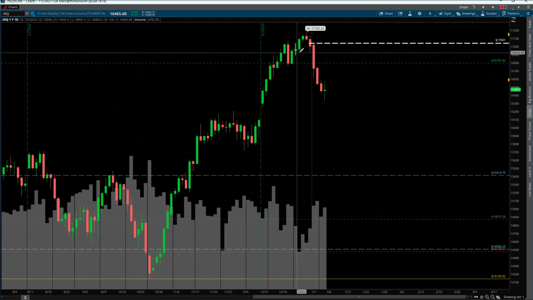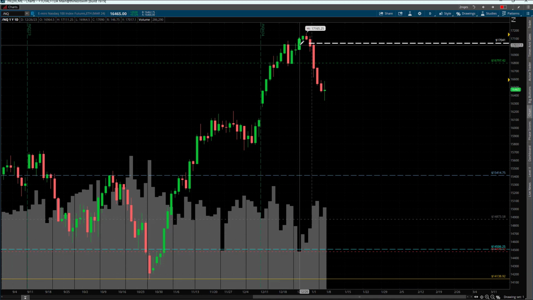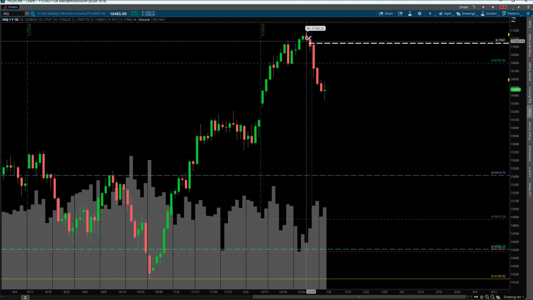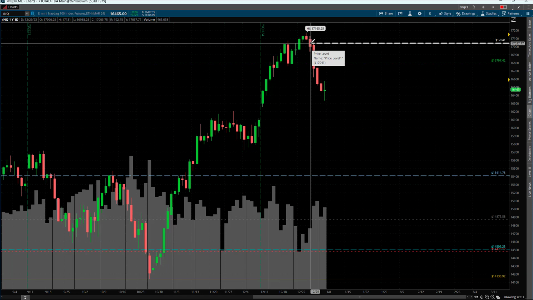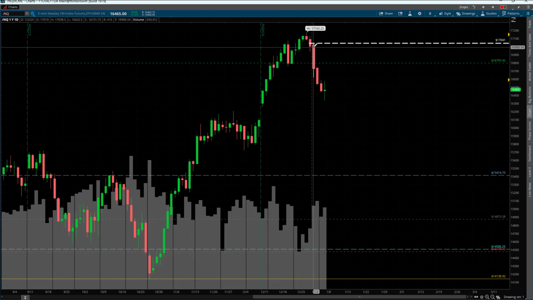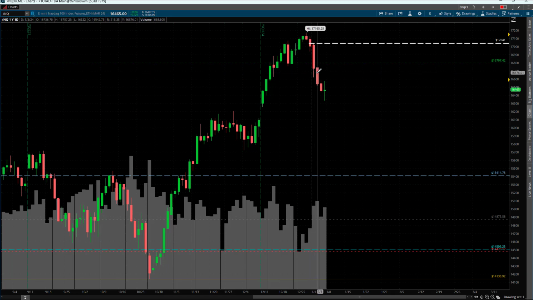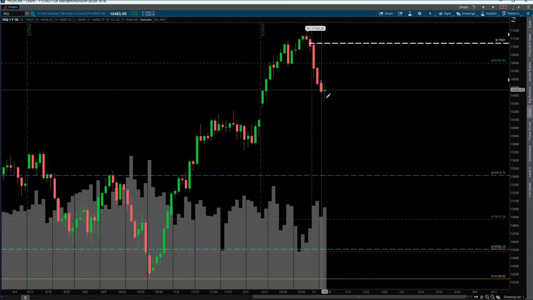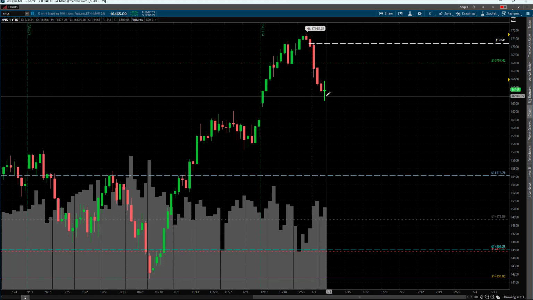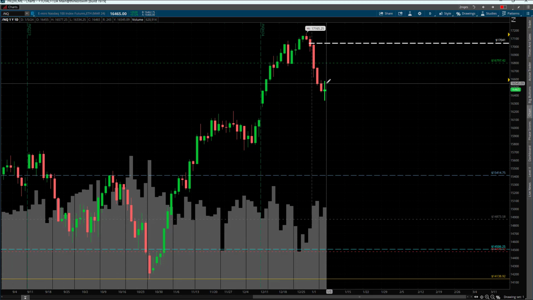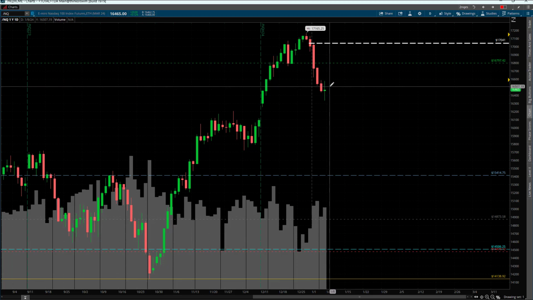On this way up, this is day 1. We take out the prior day's high. We have a higher low, higher low, higher low, higher low. We're going into the holiday session at the end of the year, and then we make a new daily low, so this actually begins a trend down on the daily. Day 1, day 2, day 3, day 4, day 5. It's Sunday, so as long as we stay below this high from Friday, on Monday we're going to have day 6.